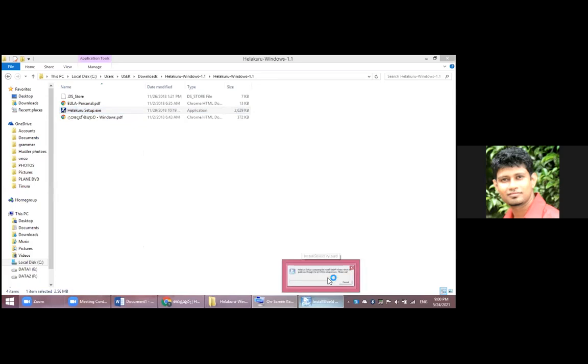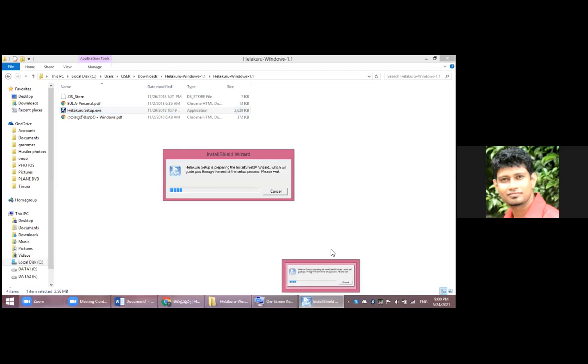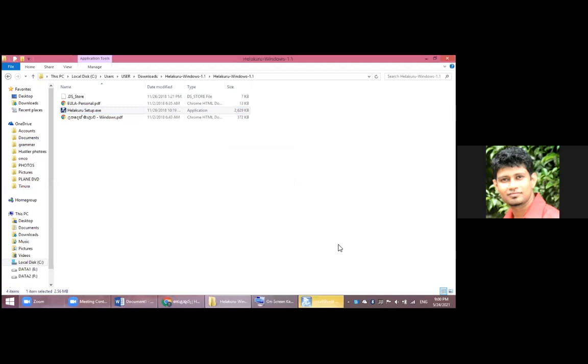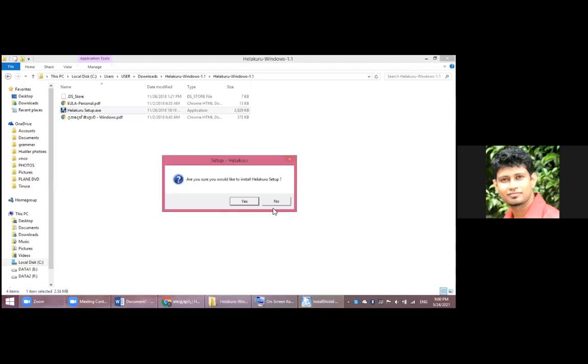Yeah, go to the installation shield and it will automatically install. Others, please do this right, because we have taken more than the required time to do that. Click on that. Yeah, and click yes. You need to install.